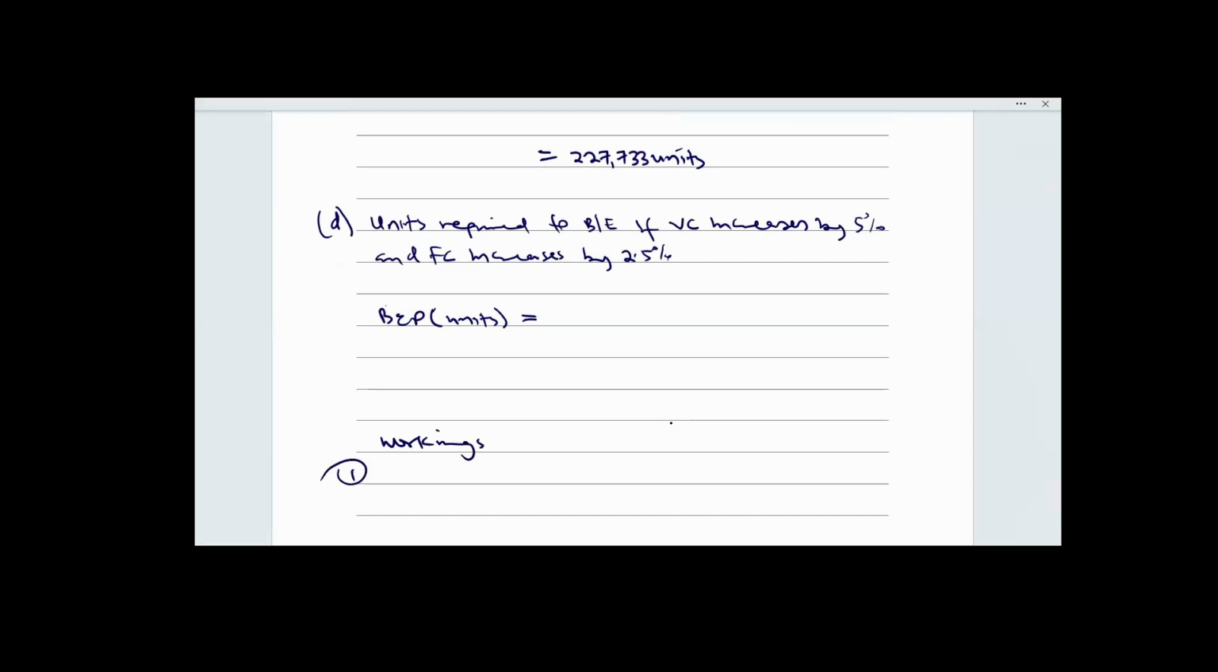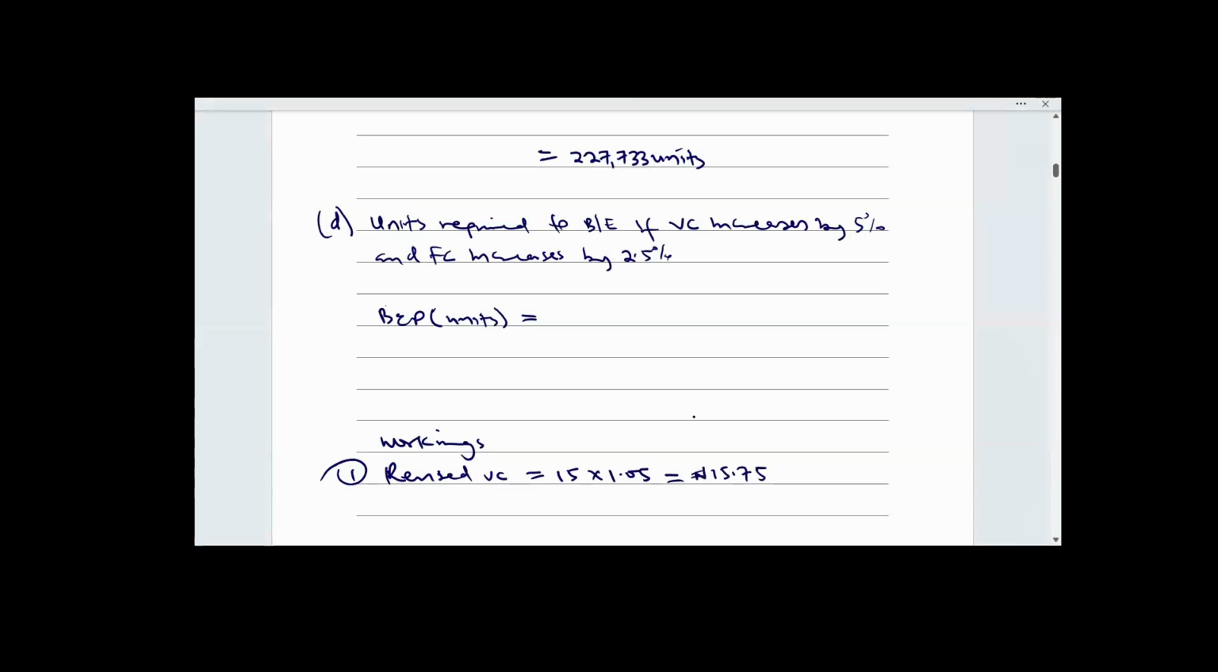number one. My variable cost has increased, so I need to calculate a revised variable cost. The revised variable cost will be equal to the original variable cost of 15 naira. We're now told that this variable cost will increase by 5%. Therefore, 15 naira multiplied by 1.05. What do you have? 1.05 multiplied by 15 is 15.75. That's 15 naira,